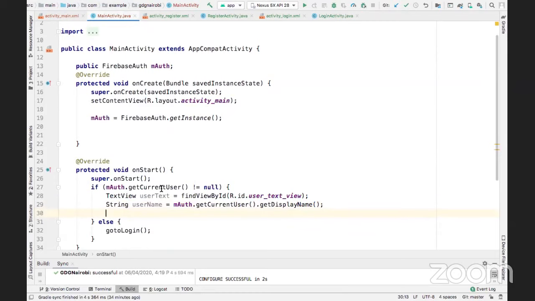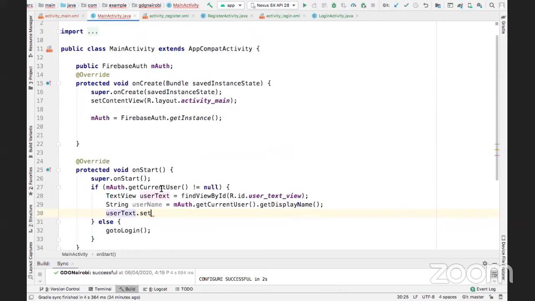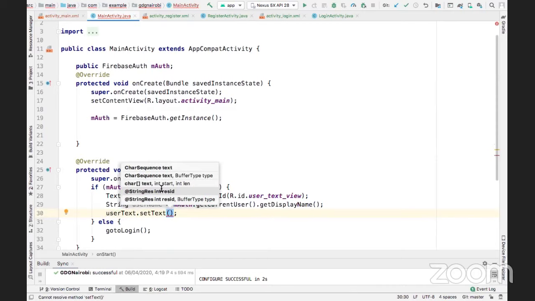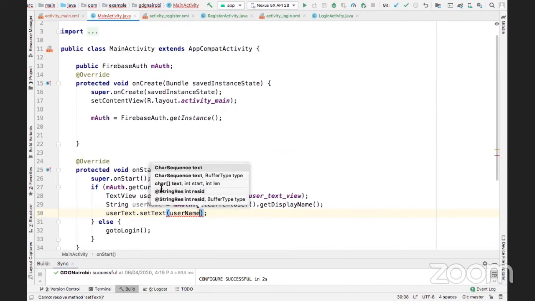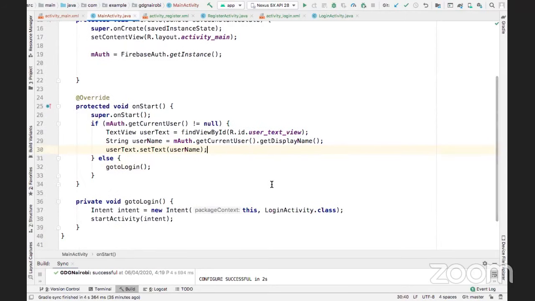Then we can come down here and say userText.setText equal to username. So with that, we've been able to build a Firebase app that has register, login, and when the user